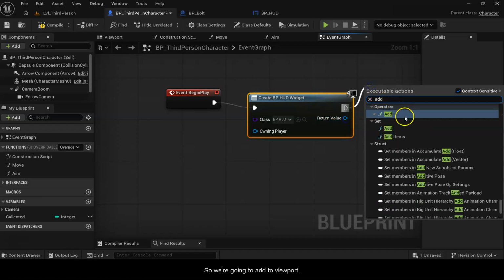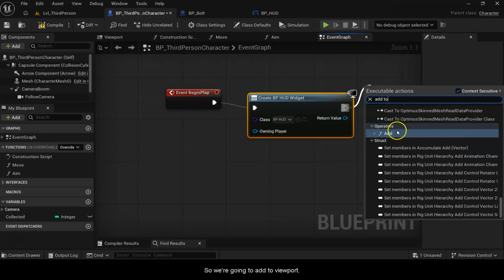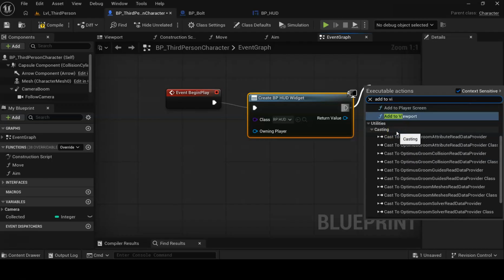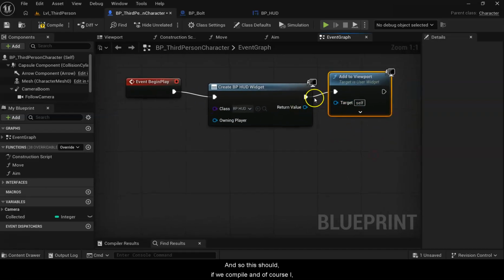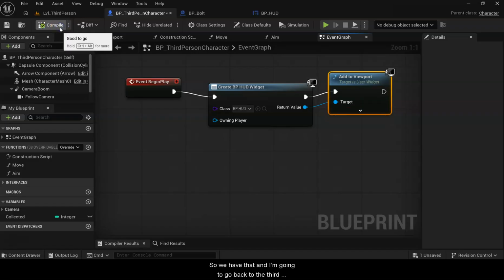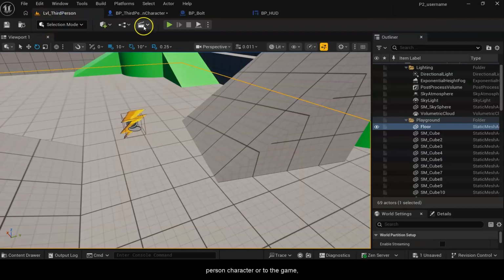So we're going to add to viewport. And so this should work if we compile, and of course whenever you have an input, you're going to need something that goes to it. So we have that, and I'm going to go back to the game, the level,